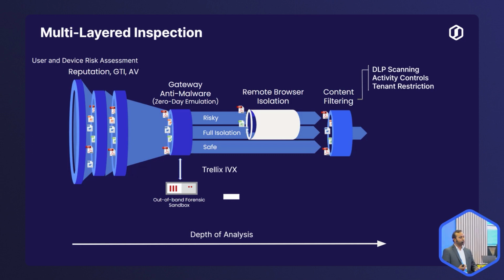They want to have 2 or 3 security solutions within the stack itself. We built a great technology integration with Trellix, wherein through our common platform itself, it can be managed, you can enforce policies. If you look at the other component, which I spoke about, the remote browser isolation itself, dynamically, if there is a riskiness of a web application itself, after it's going through our reputation, through our GTI engine, which is called the Global Threat Intelligence Engine, and the AVs and the hashes,